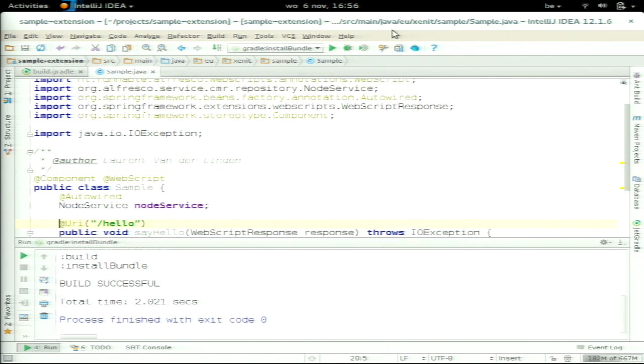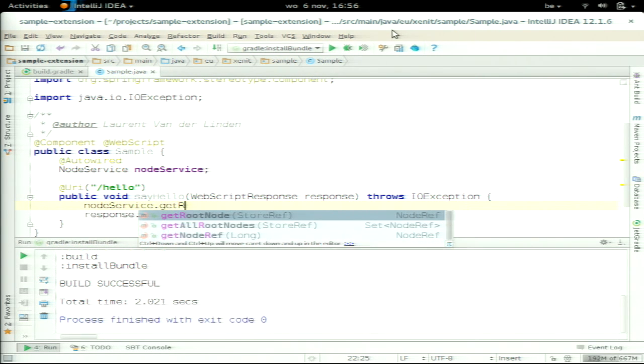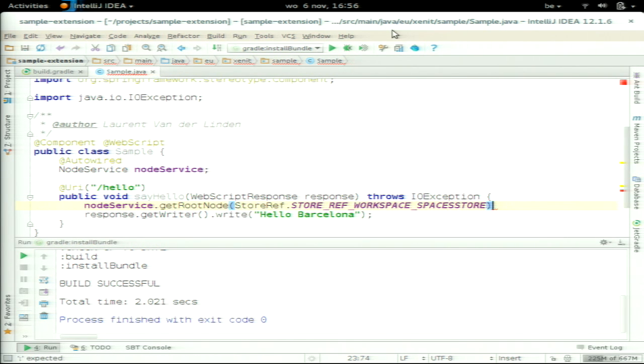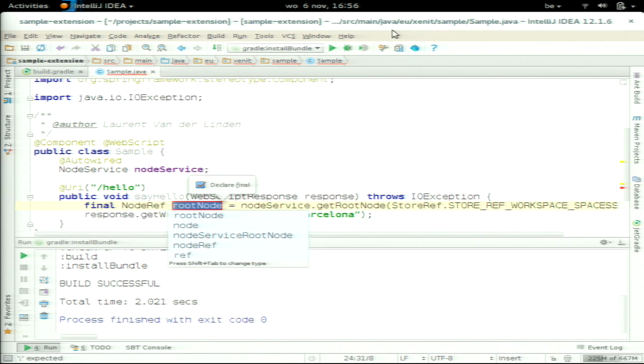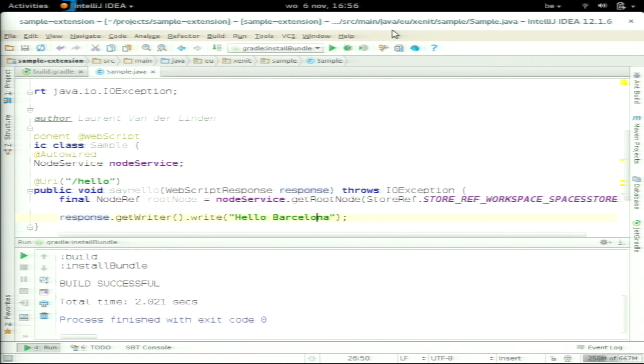Okay, we have it. So we're using Spring's auto wiring. Have not used any Spring XML here. So let's use the node service to get the root nodes for the workspace store. Okay, we have all the root nodes, and then we write out